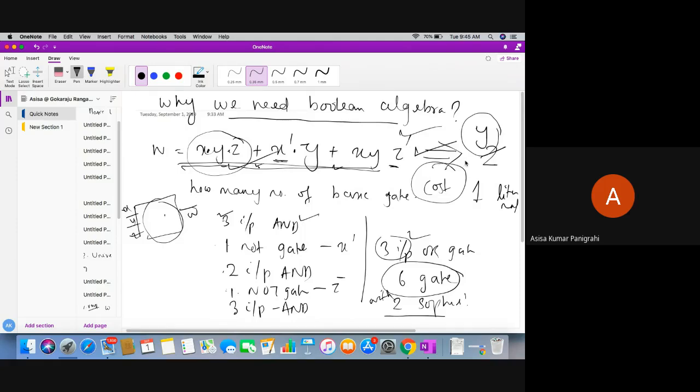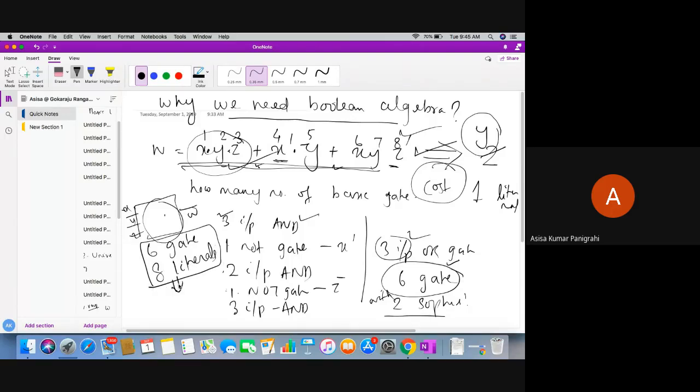Okay, so instead of using 6 gates, how many literals am I taking here? 1, 2, 3, 4, 5, 6, 7, and 8. So if I am going to design this, I require 6 gates and 8 literals. Okay, am I correct, students?